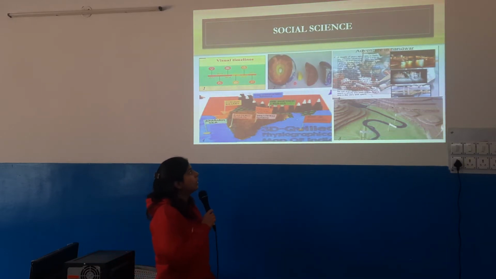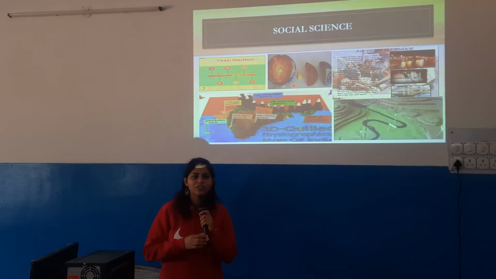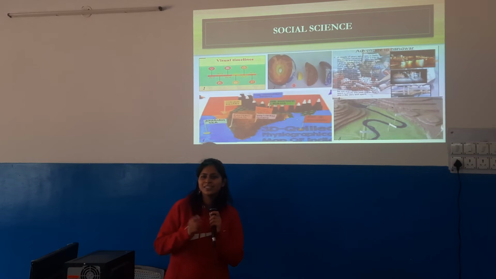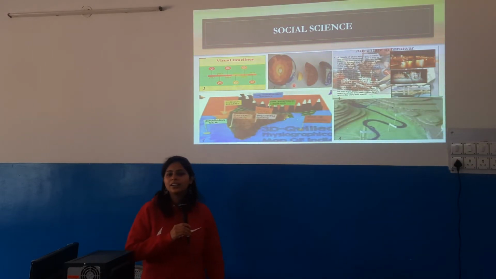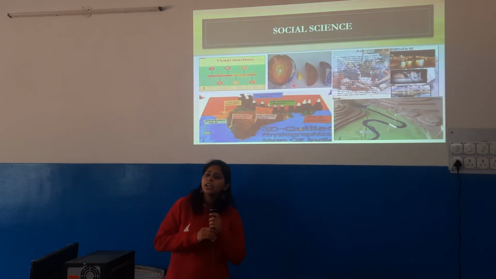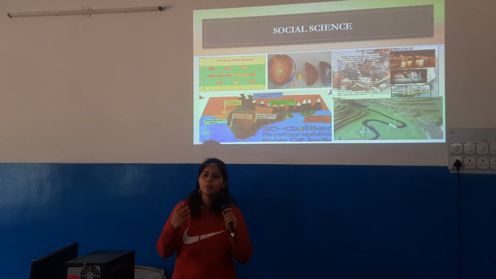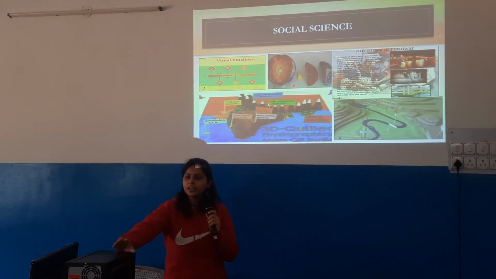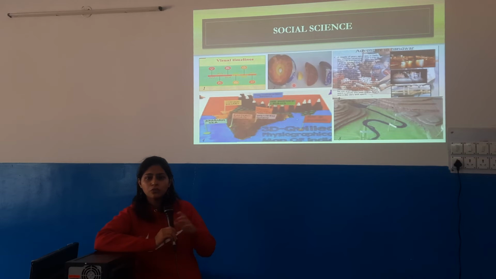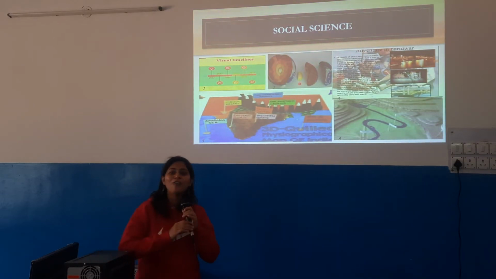The second picture is Interiors of Earth, which we have tried again in our summer project for standard 7, if I'm not wrong. Yes, in standard 7 we have done it. The students have prepared this model, Interiors of the Earth, and it's very beautifully done. Initially we used to do it on a chart paper, but this time we had asked them to prepare a model, and I must say each and every child presented it very beautifully. We have preserved few of the models, you can even see it in our room. It was very beautifully done by the students. And the same thing, volcanoes also. We have few volcanoes with us.